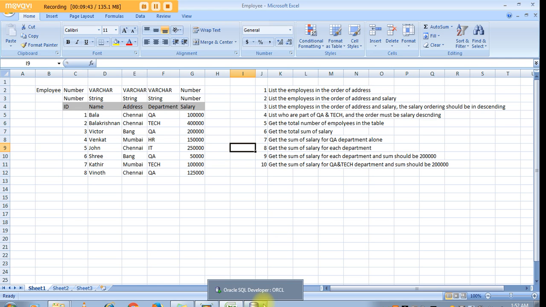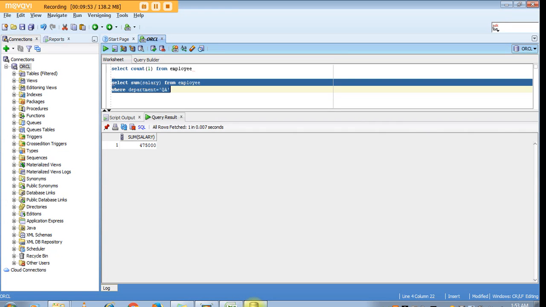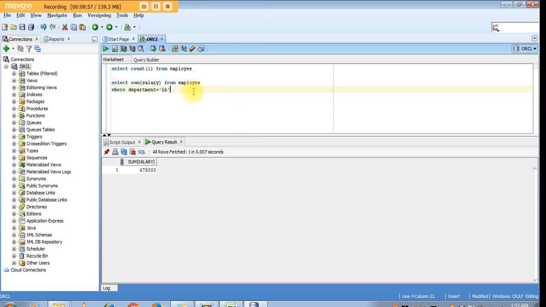So when you consider each department, we need to calculate the sum department wise: QA department separately, technical department separately, IT department separately. So how can we do it through an SQL query? It will be done by group by. We have an inbuilt clause, group by, so we have to use that